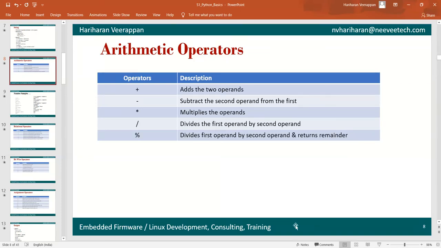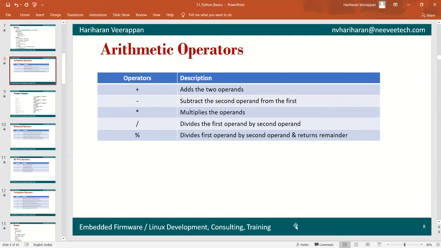Python supports different operators like arithmetic operators, relational operators, bitwise operators, and assignment operators. Here we see arithmetic operators. The plus operator can be used to add the two operands and provide the result, and minus can be used to subtract the second operand from the first.